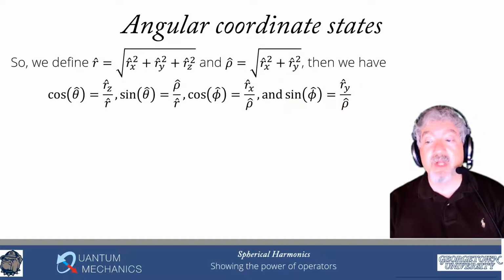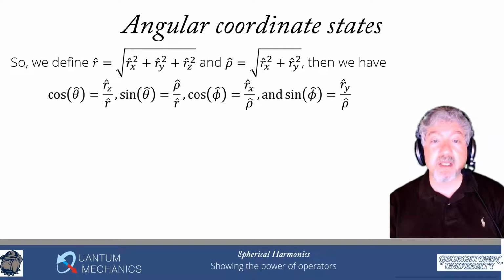And now you might think, well, how do I actually use these definitions? Well, the way to think of it is, again, theta hat and phi hat are not well-defined operators, so we don't work in terms of theta hat and phi hat, but I can very easily work in terms of cos theta hat because I can just write that as rx hat over r hat. And similarly, cos phi hat is rx hat over rho hat. And so because those operators are just constructed out of the Cartesians, they're very easy to work out and determine